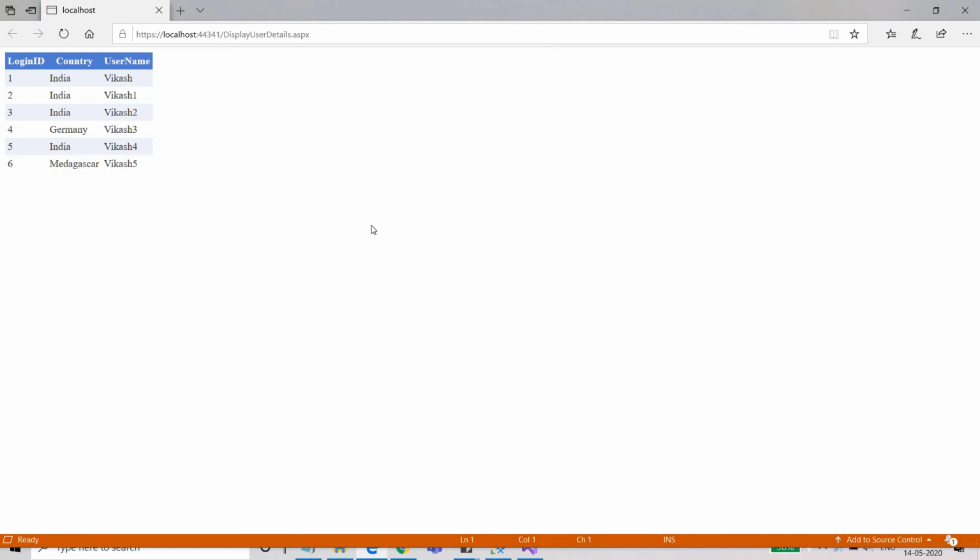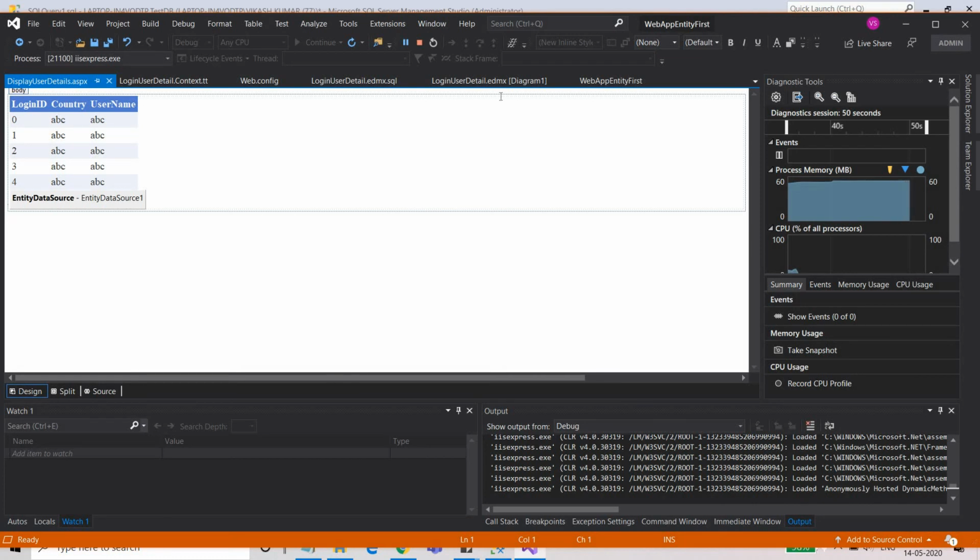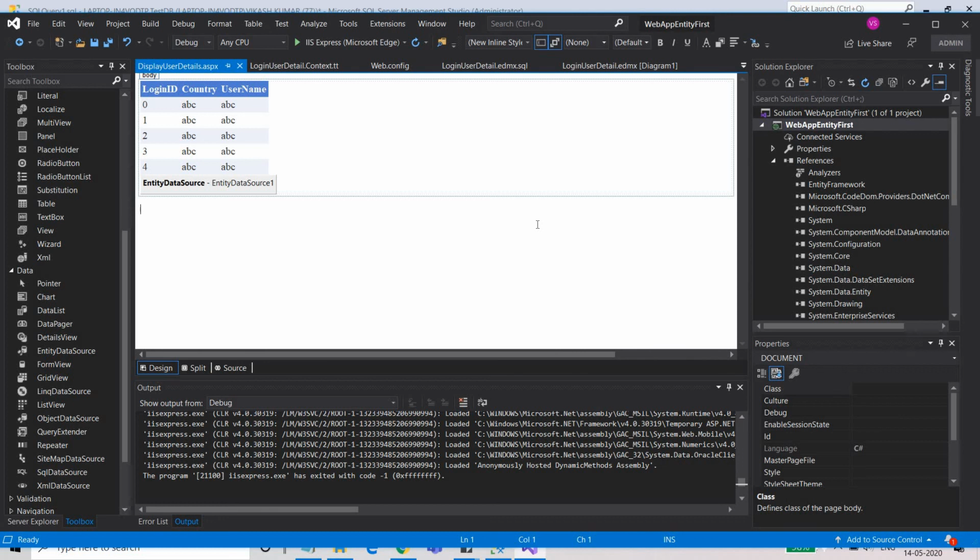Okay, so here you can see all the details, 1 2 3 4 5 6, these were added automatically, and this country and username, they are visible here. So this is again the same that we did yesterday. Okay, so entity framework, you can see how you can use the entity first approach to create your own entities in a more convenient manner, and then based on the entities created by you, you can create the database tables, and then you can fetch the data from those tables, right? So this is all for the entity first as of now.